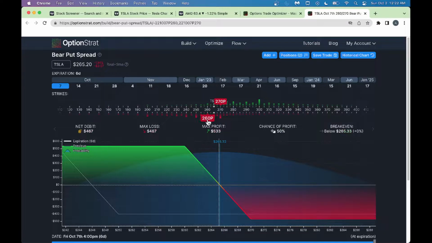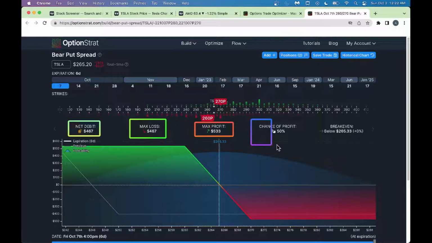If you do something like this, it's a $10 wide spread. Your net debit, as you can see here, is 467. Max loss is the same thing here, and your max profit is 533. And now look, your chance of profit increased from 22 or so before to 50%. I think it's a good one here. As long as Tesla stays below 265, there's a good chance in the next 7 days you will make this